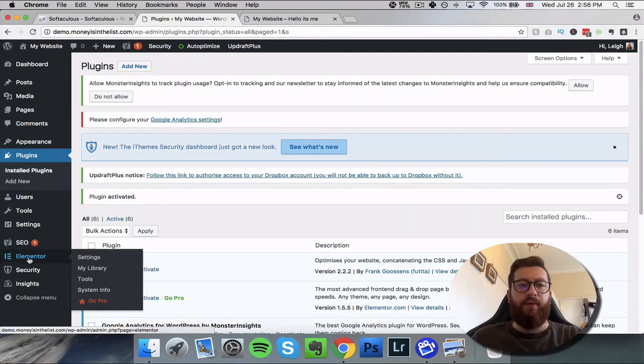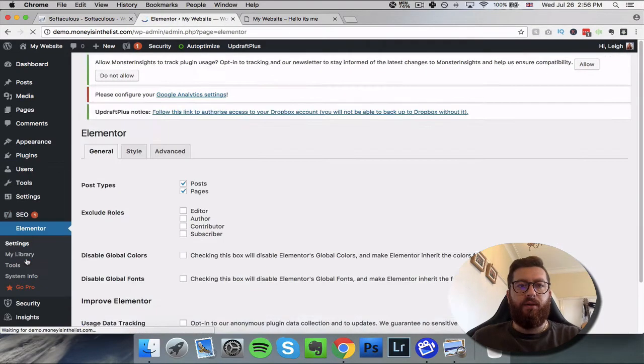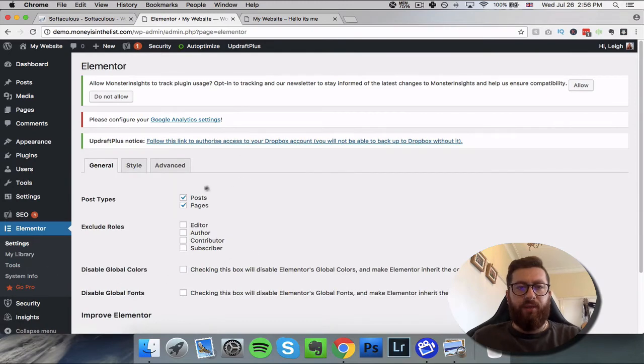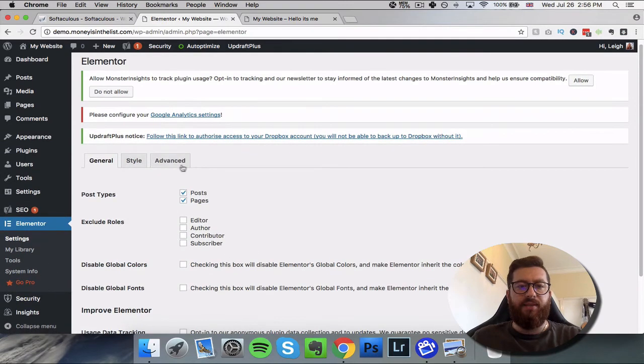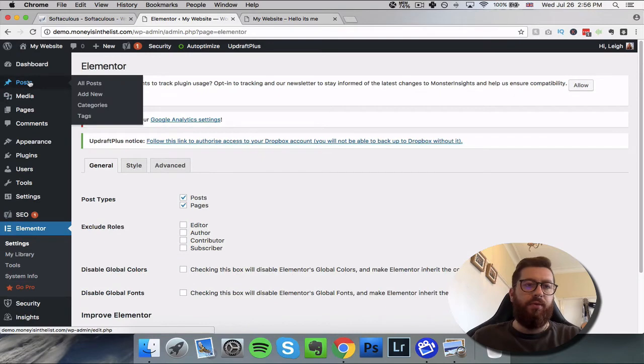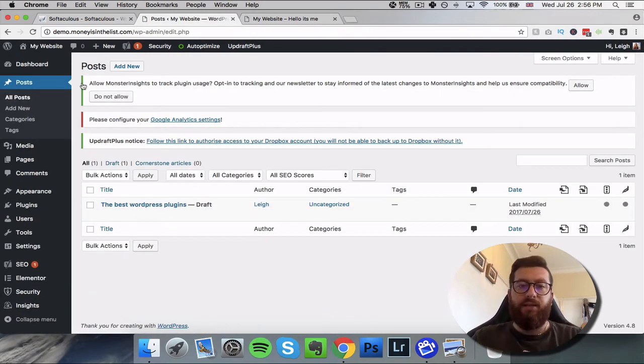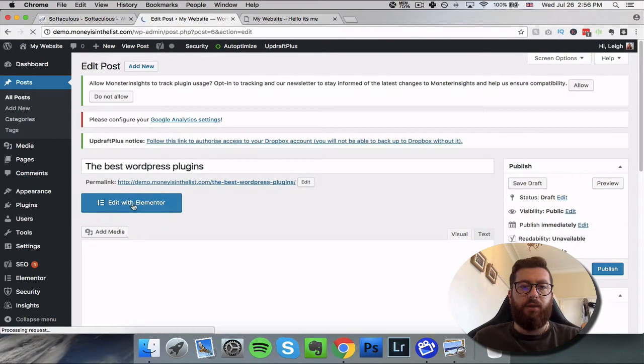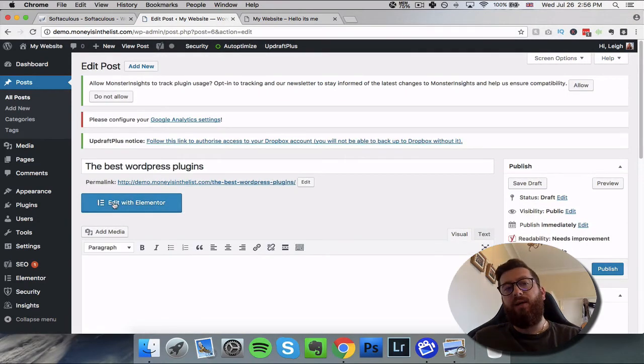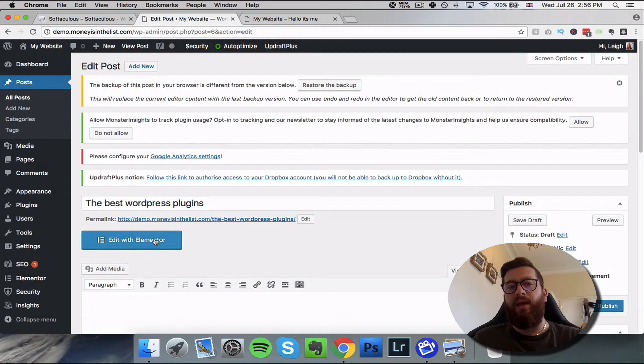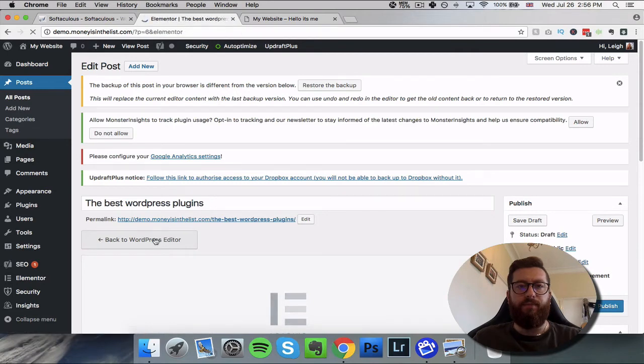and we do have a page here, and we can set up some of the settings here. But what we're going to do is go across to all of our posts, and I'm going to show you basically what we've got here. Okay, so we're going to click the page, and as you can see, it's got a button here to edit with Elementor. Okay, we'll click on that,